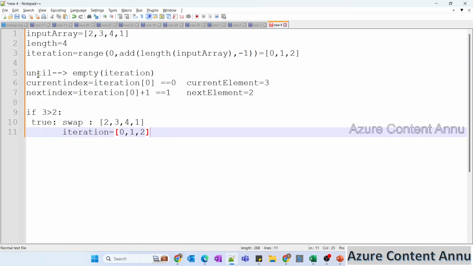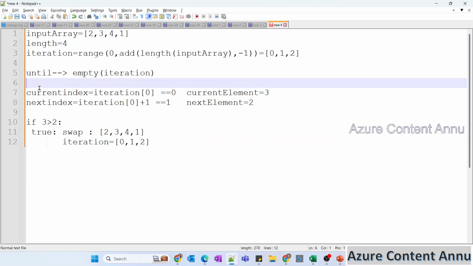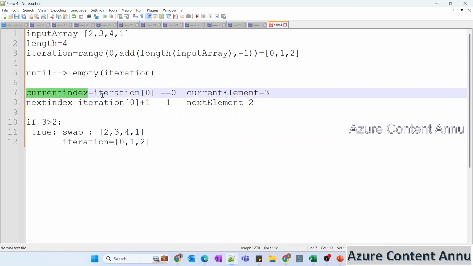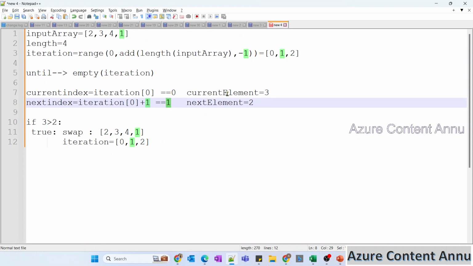still be inside this until block, because the condition of coming out of the until block is that iteration array should become null, that is empty. So we are again inside this until block and we will check the current index, that is iteration 0 is nothing but 0 and next index is 1, but the current element at 0th position is changed. As you can see, the elements are swapped, so the current element is 2 and the next element, that is